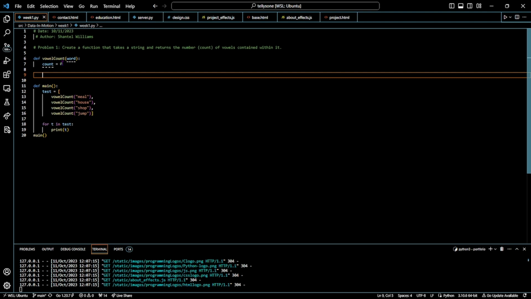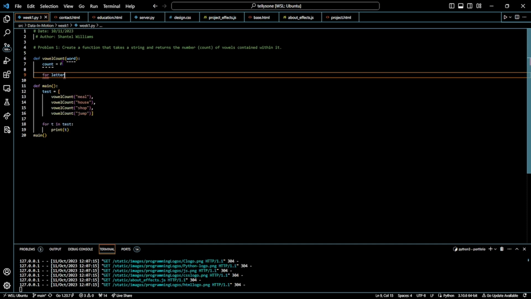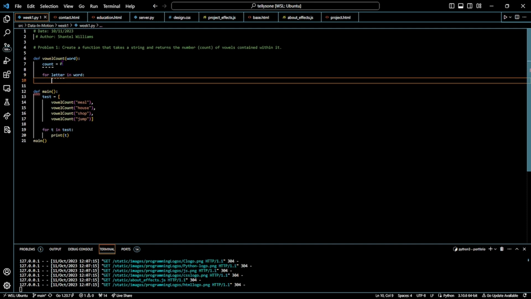From there we're going to say we want to go through each letter of the word, so we'll do a for loop. We'll say for letter in word. So that'll grab each individual letter. And then